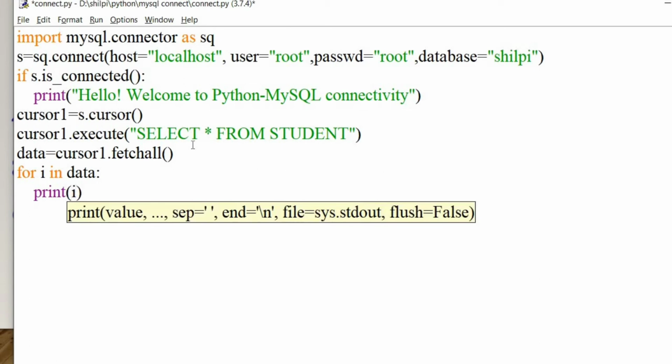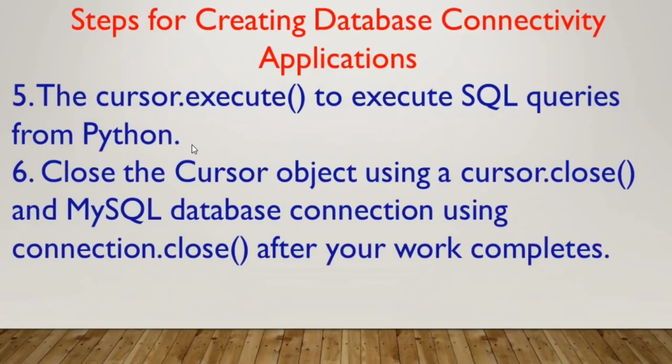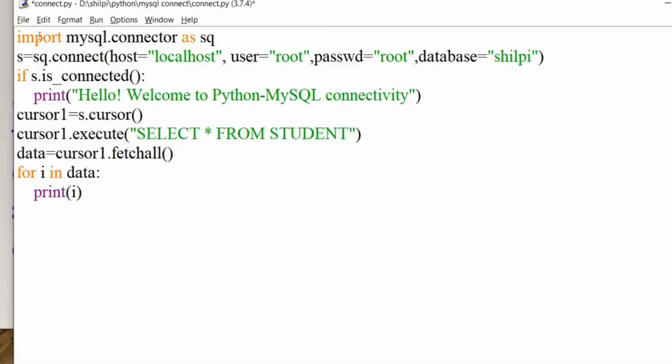Once you are done, you have to close the connection. The next step, which I told you, was the last step, to close it after everything is finished. That means you have to close the cursor and you have to close the connection. In this case, the connection is s and the cursor is cursor1.